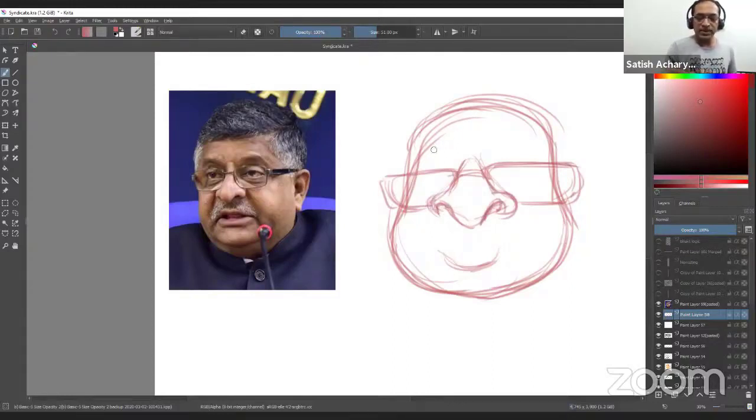And he's got big eyes. So you may have to pick a photograph which shows his prominent features, like this photo shows his prominent features.